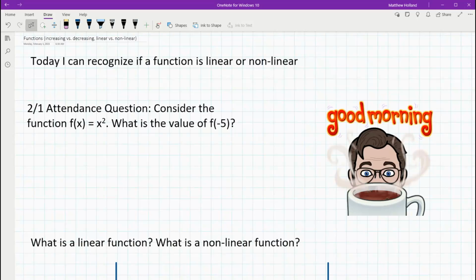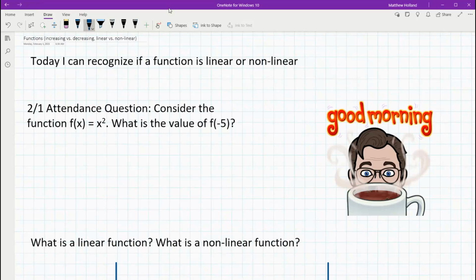Okay, so take a minute and answer today's attendance question. I would say pause the video, but quite frankly, I can't force you to pause the video. But it would be super cool if you paused the video right now and thought about this problem and tried it on your own. But if you want to keep watching and not pause, what are you going to do? Okay, so